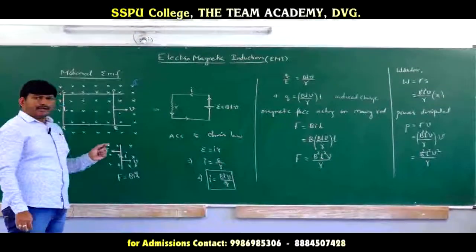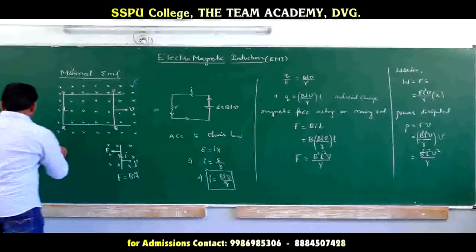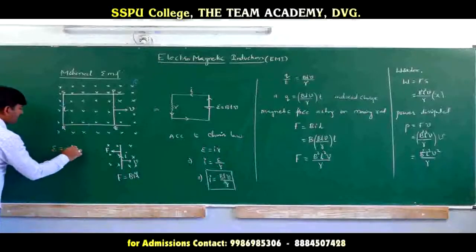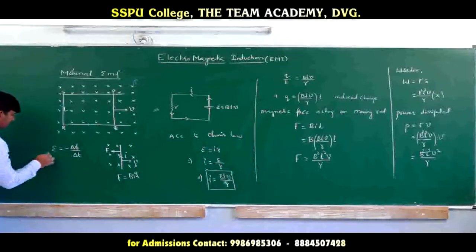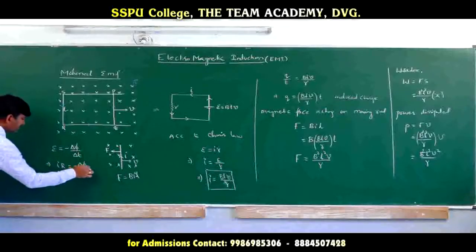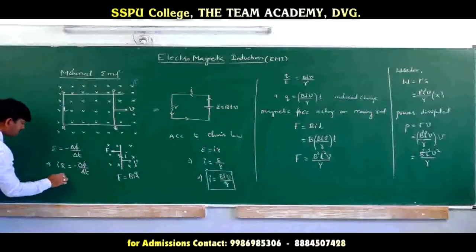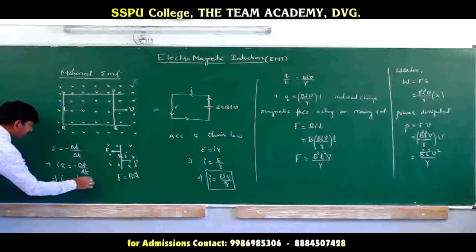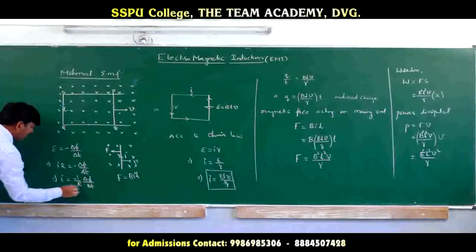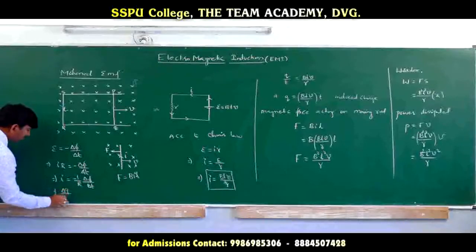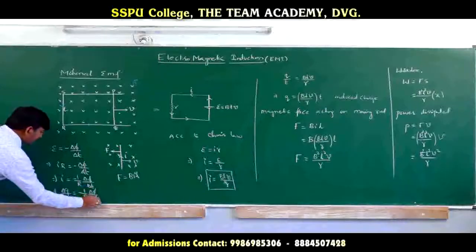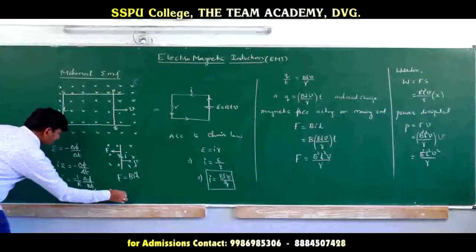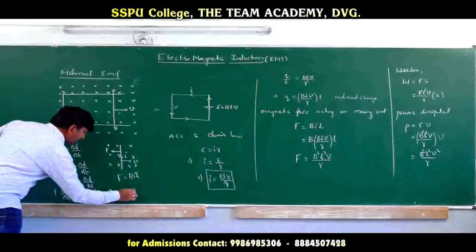Is it clear? And one more thing is, according to Faraday's laws of induction, induced EMF is equal to minus d phi by dt, and this E can be written as I into R is equal to minus delta phi by delta t. From this, induced current I is equal to minus 1 by R into delta phi by delta t, and lastly current can be written as delta q by delta t, that is equal to minus 1 by R into delta phi by delta t. This implies delta q is equal to, this delta t will go off, minus delta phi